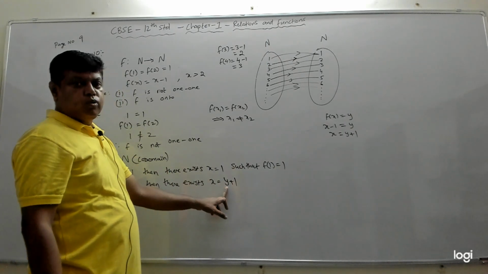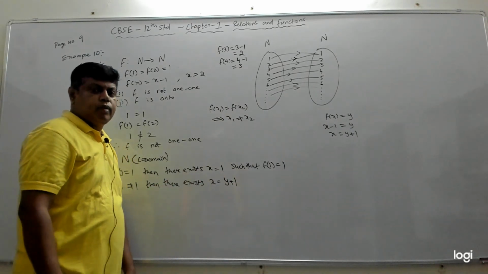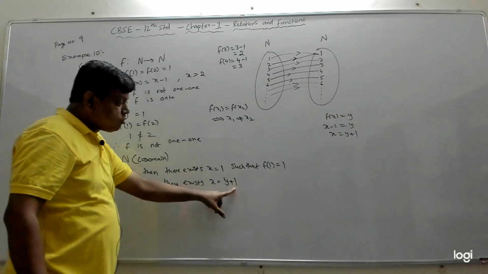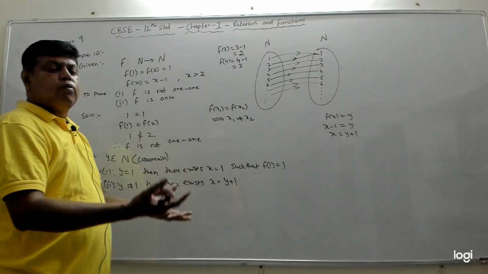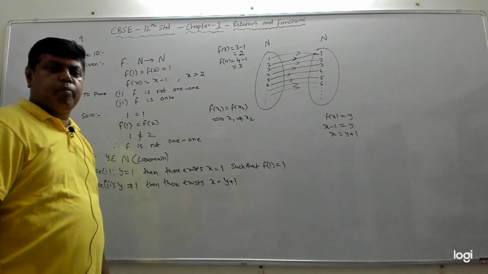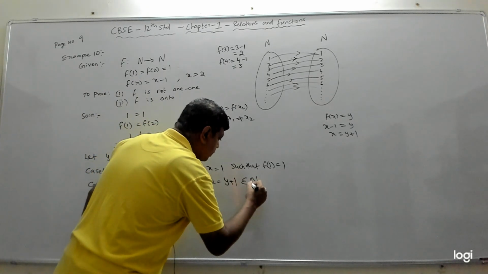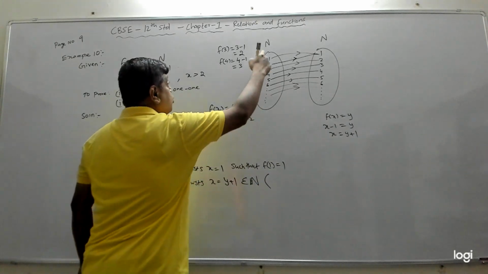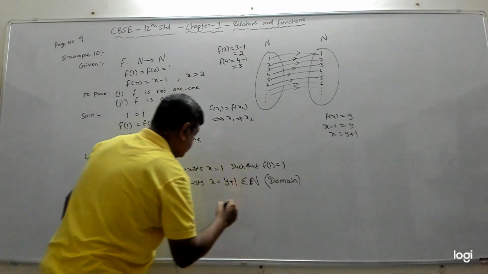If y is 2, y is a natural number means y plus 1 is also a natural number, right? If y is a natural number, y plus 1 is also a natural number. If you add 1 to any natural number, you will still get a natural number, right? So x is equal to y plus 1 also belongs to N, is also a natural number. And this N is what? This N is the domain, such that